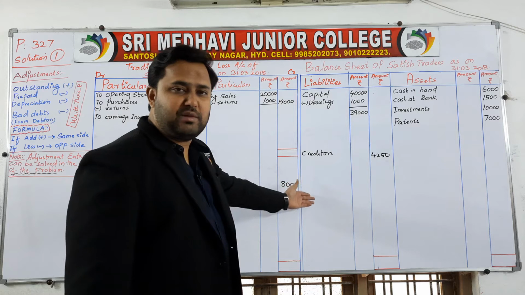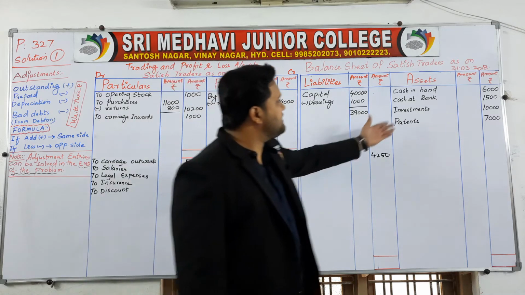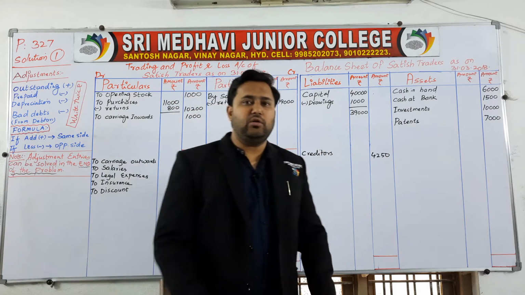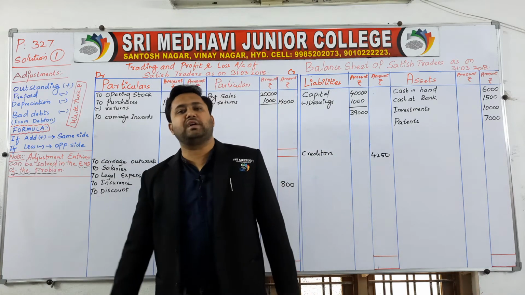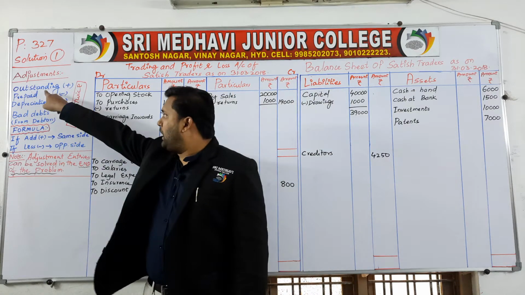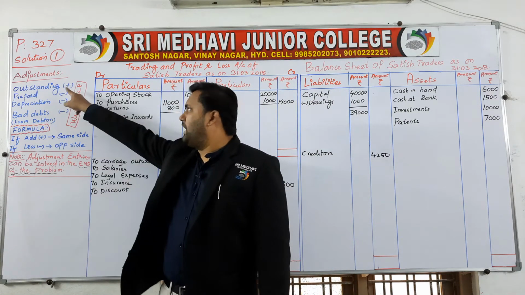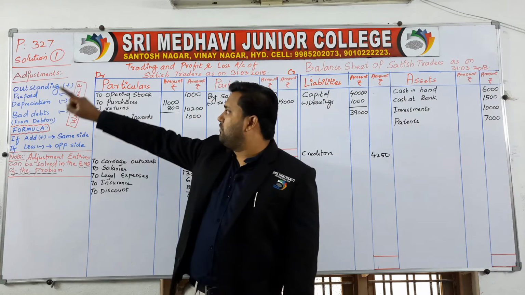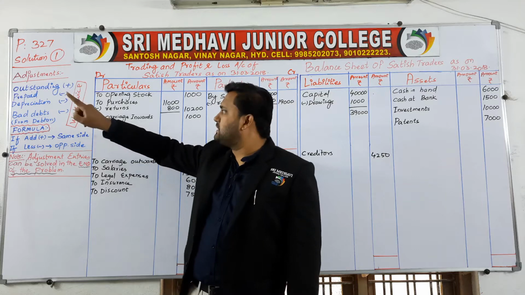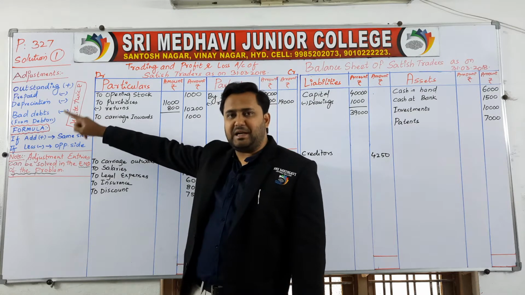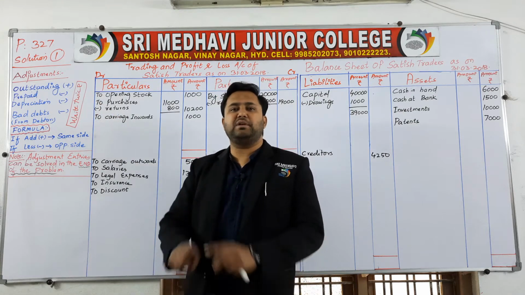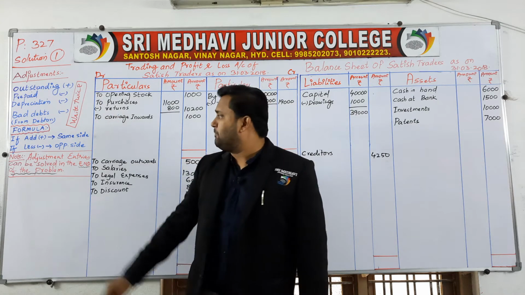These items will come in the balance sheet liability side, and these are the assets which come under the balance sheet asset side. Now how are we going to solve the adjustment entries? Before starting that, you should know: if outstanding is given, you have to add to the concerned item. If prepaid is given, subtract. Depreciation is also less. Bad debts is also less. Bad debt is going to be less from debtors, and each and every adjustment entry appears twice.